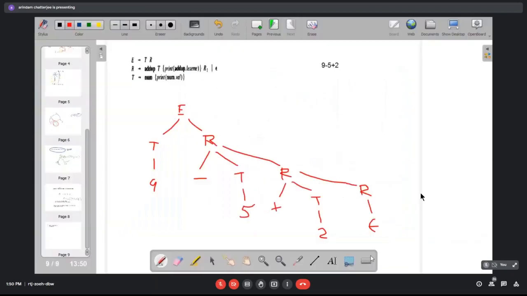Here, as you can see, T produces num, and the action is print num.value. So this is produced first. It will print num.value. What is num.value? That is nothing but 9. So it will produce 9 first. Then